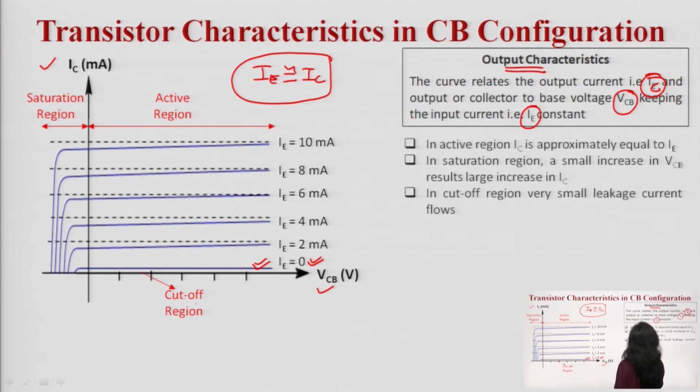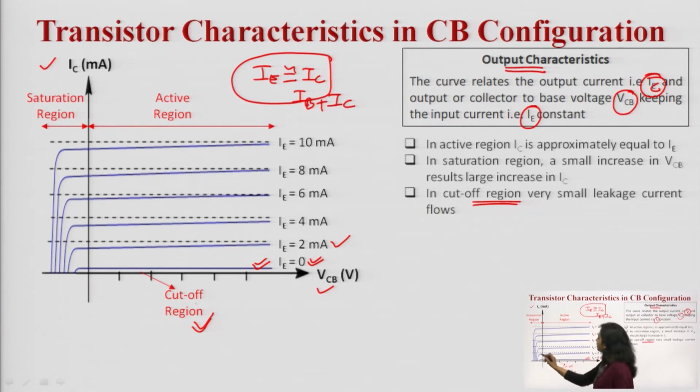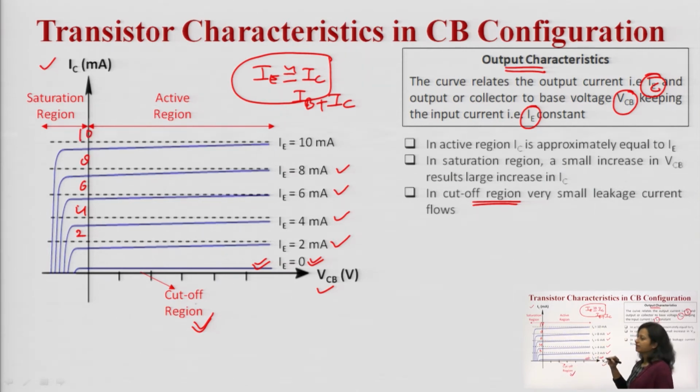So here you can see the cutoff region, because here the transistor is not active. This is the cutoff region. Now if you increase IE, now when it is 2 milliampere, you know that IE is the sum of IB plus IC. So accordingly you can find out these values. IE 4 milliampere, 6 milliampere, 8 milliampere, with almost the same values. See, this is 2, 4, 6, 8, 10. So this is how you can plot this particular curve.